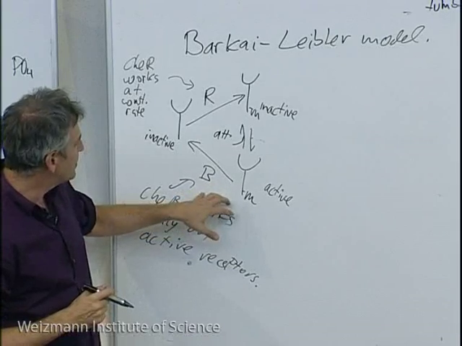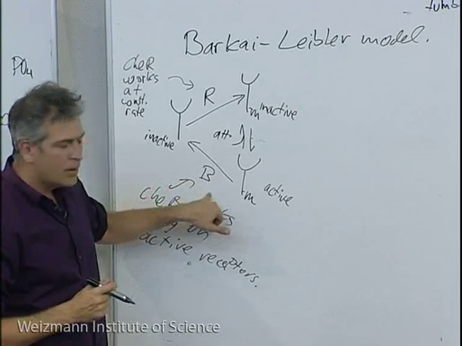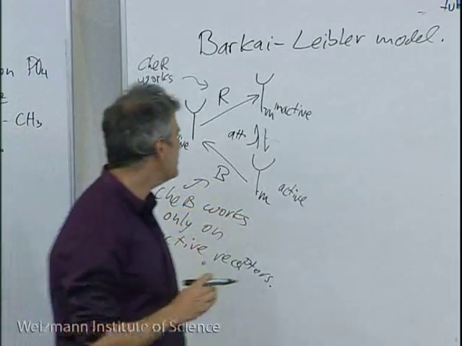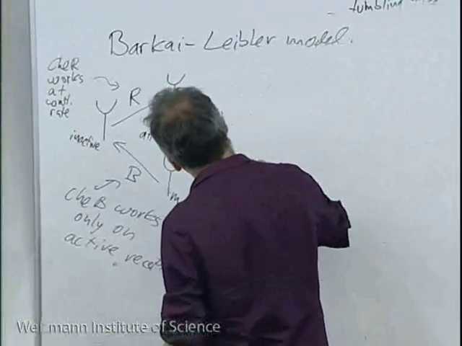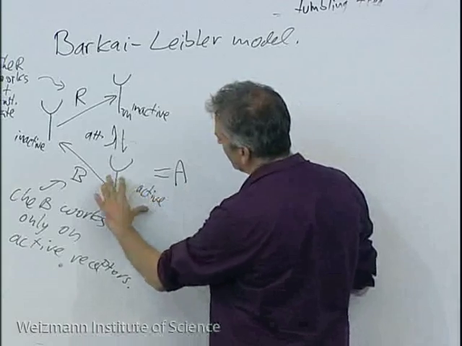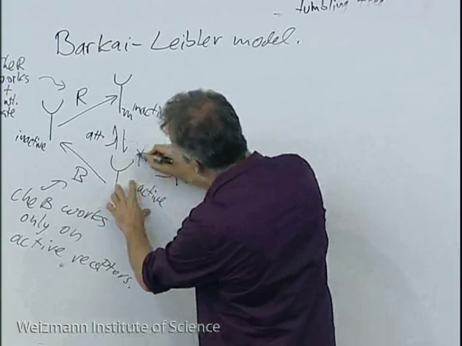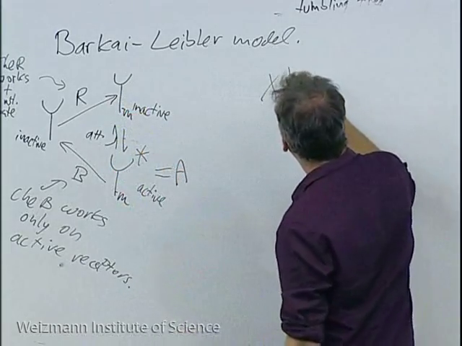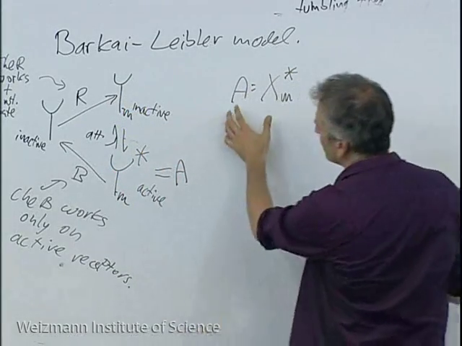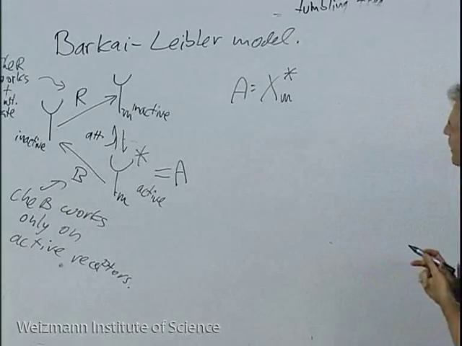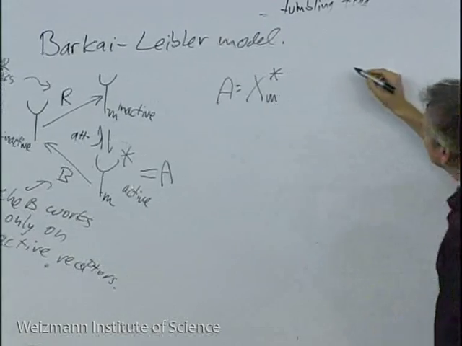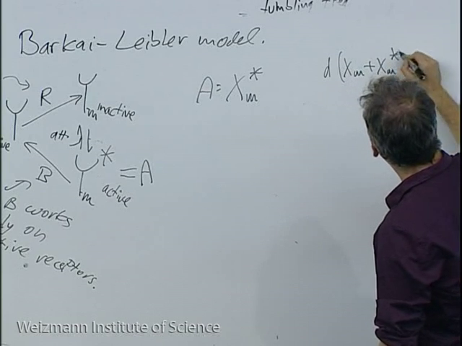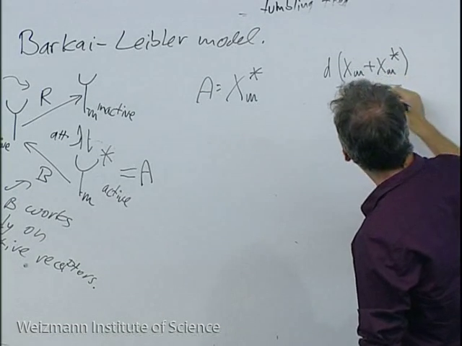When you make this assumption, you get everything. And let's just see how this works. So now the activity is the concentration of active methylated receptors. And we put a star here. Usually we call it XM star. And in order to just see the dynamics here, we just need to write an equation for the total amount of methylated receptors. And notice that,